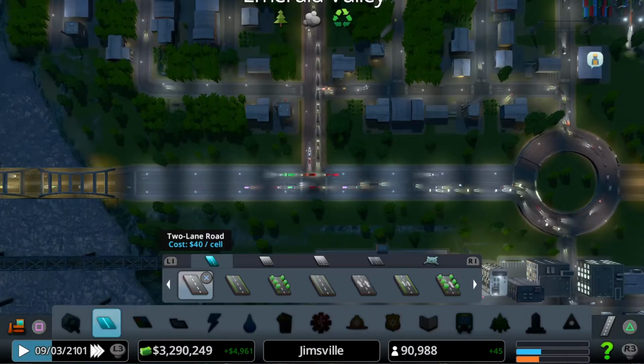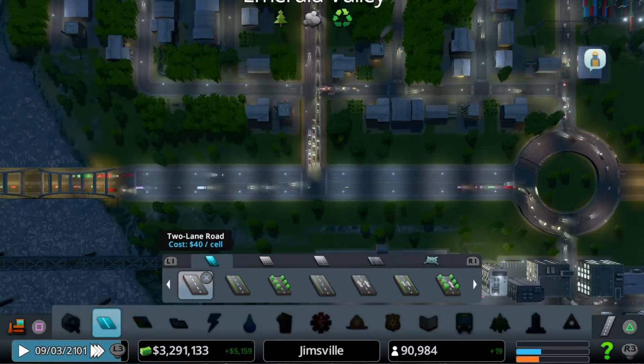Probably do with another roundabout here, actually, thinking about it. I've got the space.